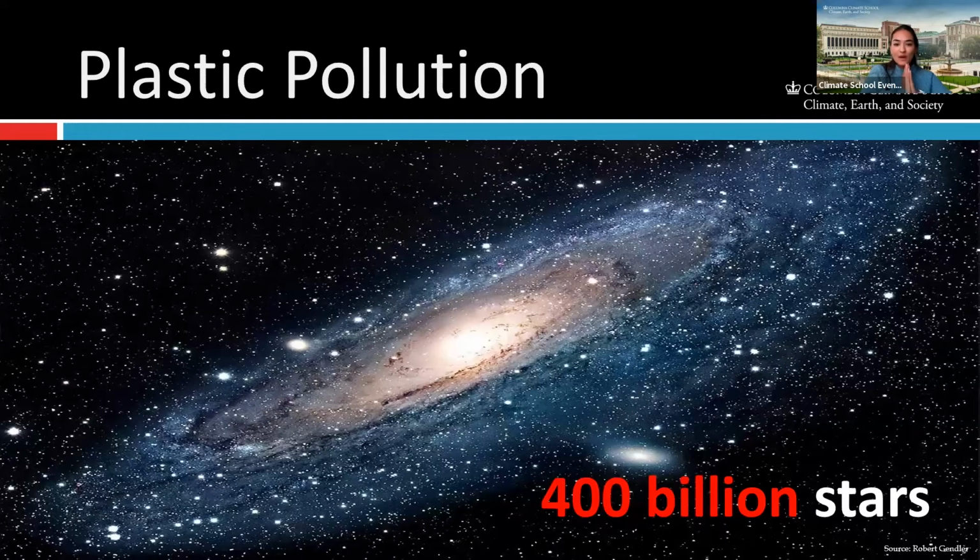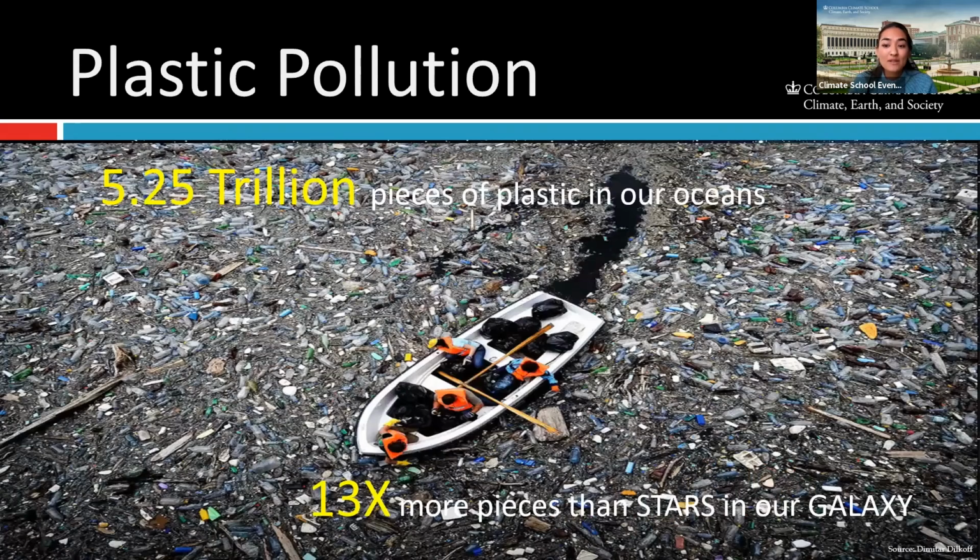Okay, so if you ever have looked up at the Milky Way galaxy and just wondered how many stars are up there, it is about 400 billion stars. And if you're like me and you wonder, okay, how much plastic is in our oceans? It is about 5.25 trillion pieces of plastic, which is about 13 times more plastic in the ocean than stars